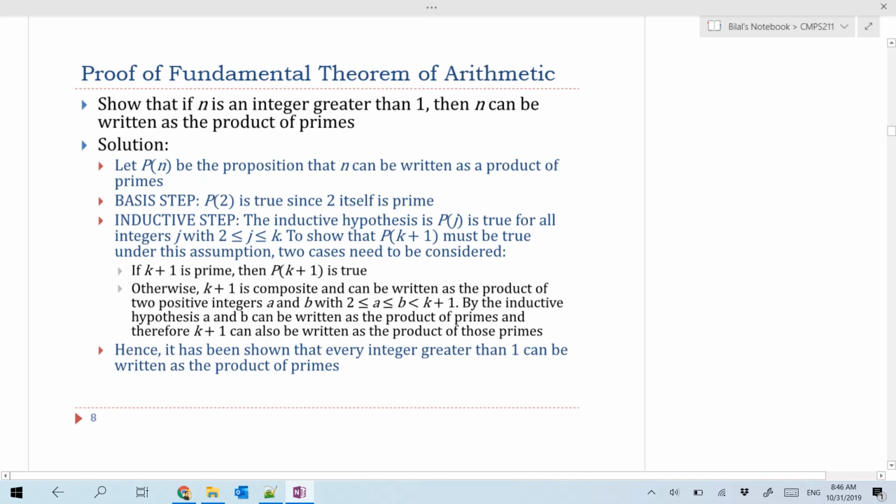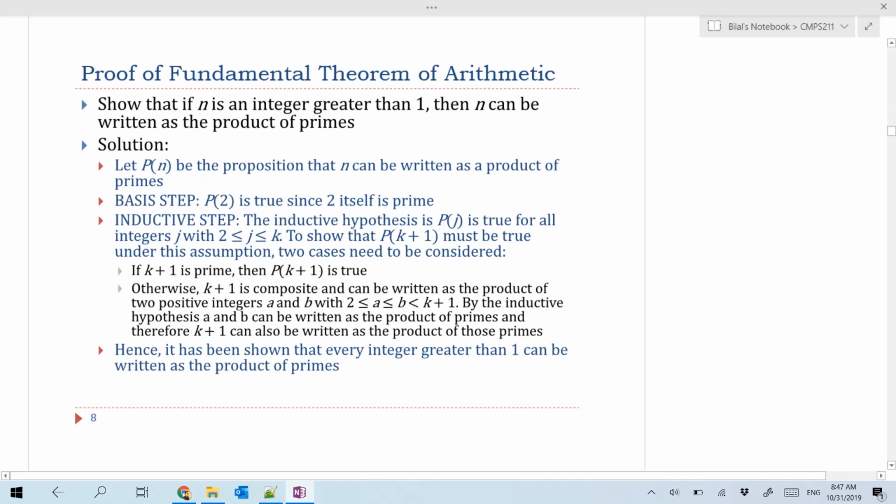Okay, they are greater than or equal to 2 and less than or equal to k plus 1. So for example, if we're thinking about 6, then 6 is the result of the multiplication of 2 and 3. These numbers are between 2 and 6, strictly less than 6, sorry, but greater than or equal to 2. And it happens that they are prime numbers. Otherwise, even if they are not themselves prime numbers, but at least